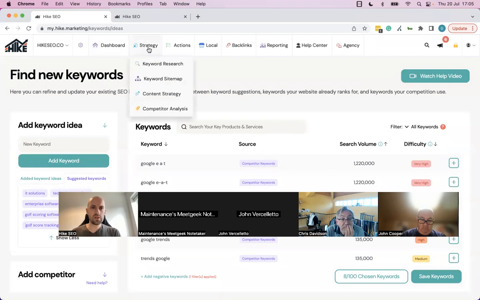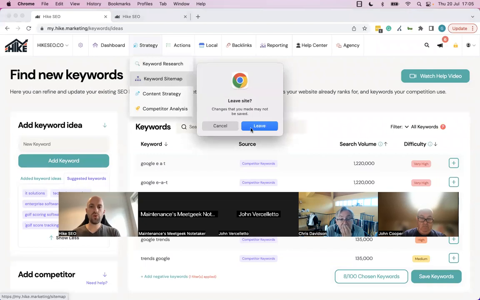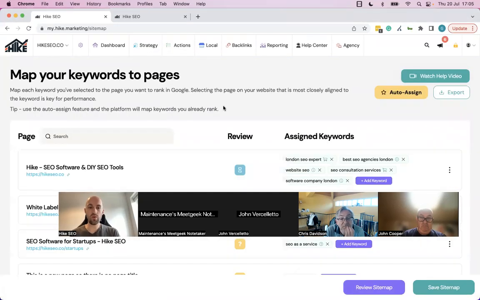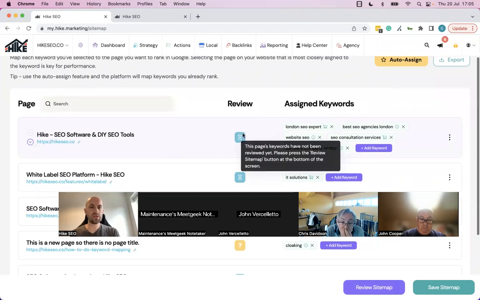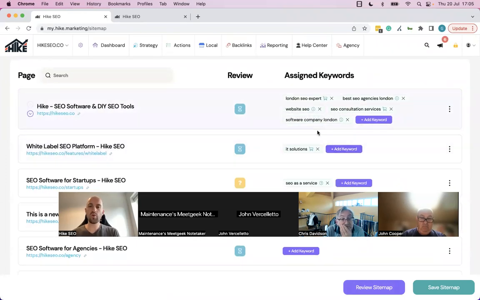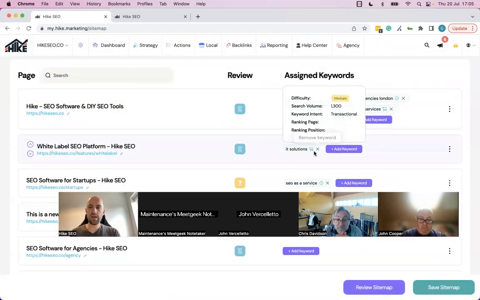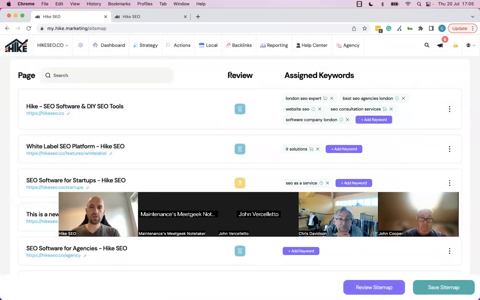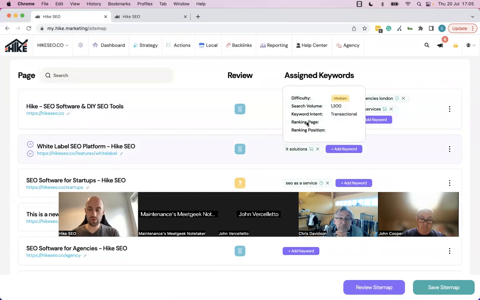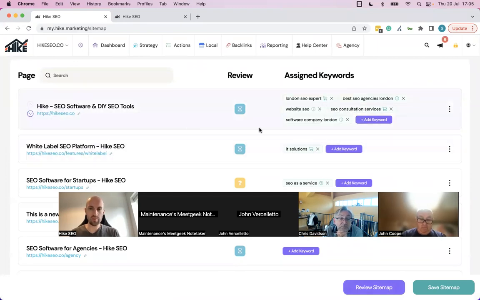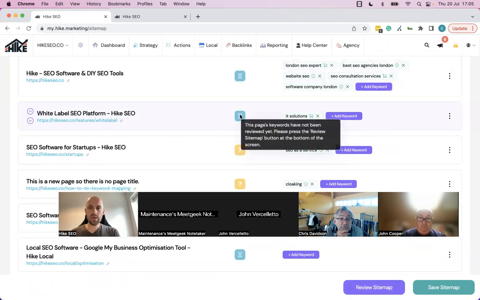The next section is under strategy and keyword sitemap. Once you have selected the keywords that you want, the next step of the process is obviously assigning keywords to the pages on your website. You can just click on add keyword. Right here, you can select from the keywords that you have, and then it adds it. Now what Hike will do is review that keyword or those keywords and compare it to that actual page. If you see this icon right here, it means that it hasn't been reviewed yet. And you need to click